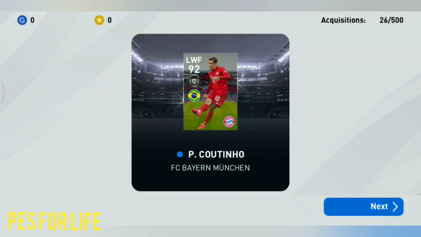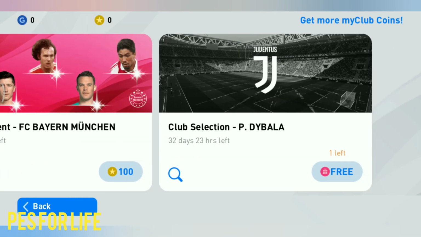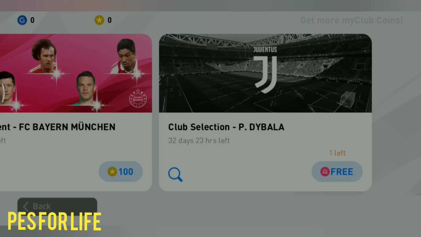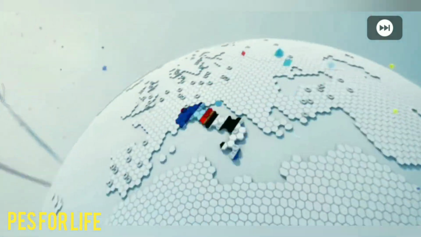These 2 players, Coutinho and Dybala, were free rewards given to everyone last Thursday, and the coming Thursday we'll be receiving 3 more free players of the same featured player category. Let's not disclose the 3 players right now, but just imagine if we have 6 players, 3 next week,